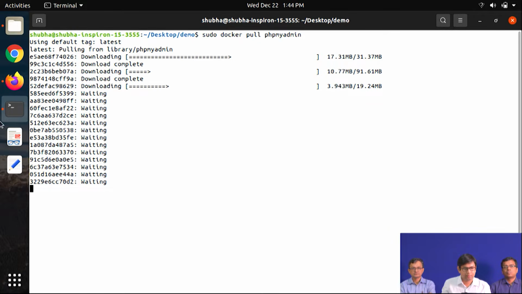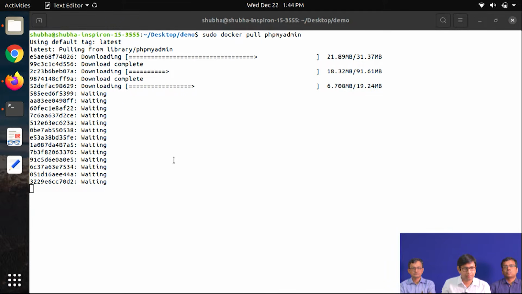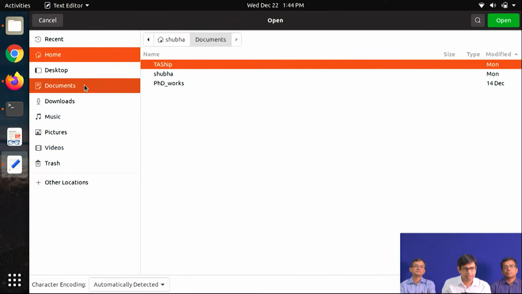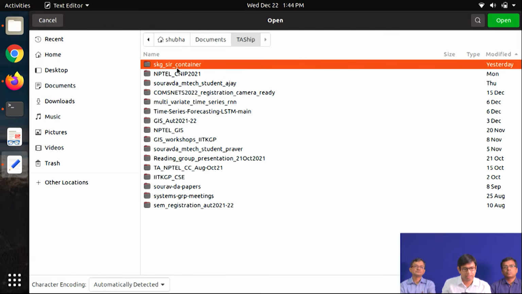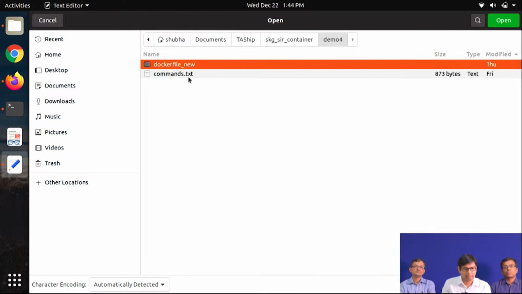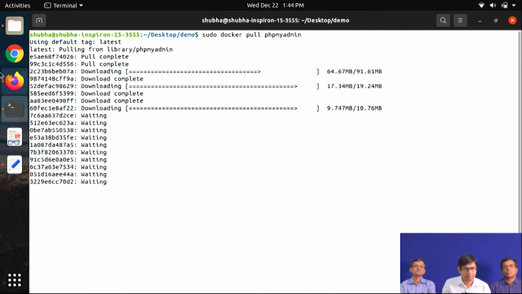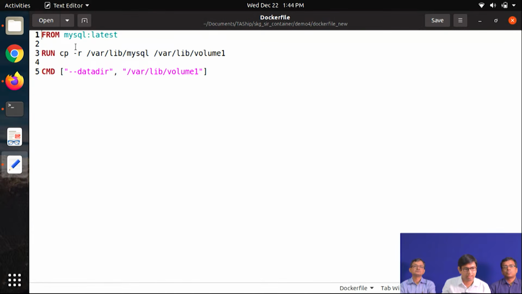Now we also need to write a Dockerfile. A Dockerfile is basically where we specify some commands, those things are saved there, and they can be built to give us a new image and a new container. In this case we'll write this Dockerfile.